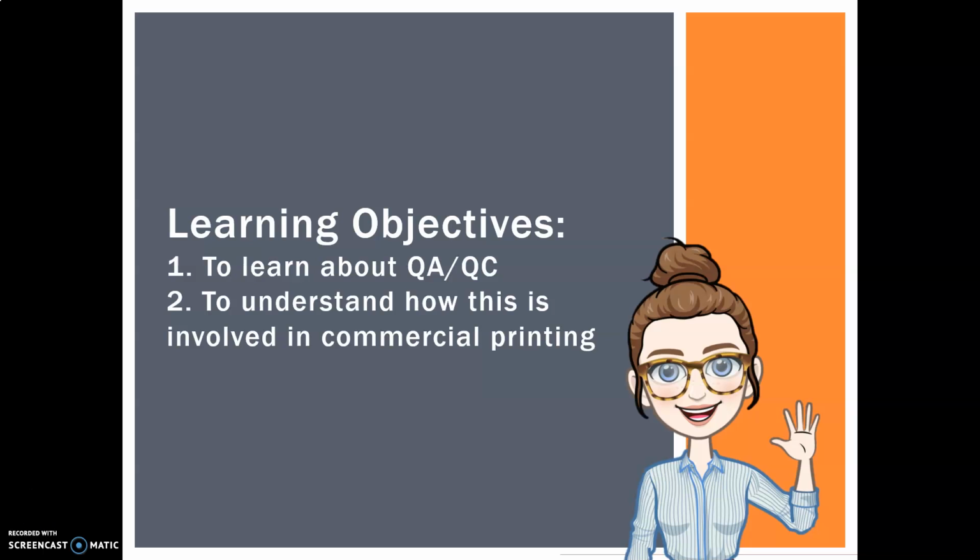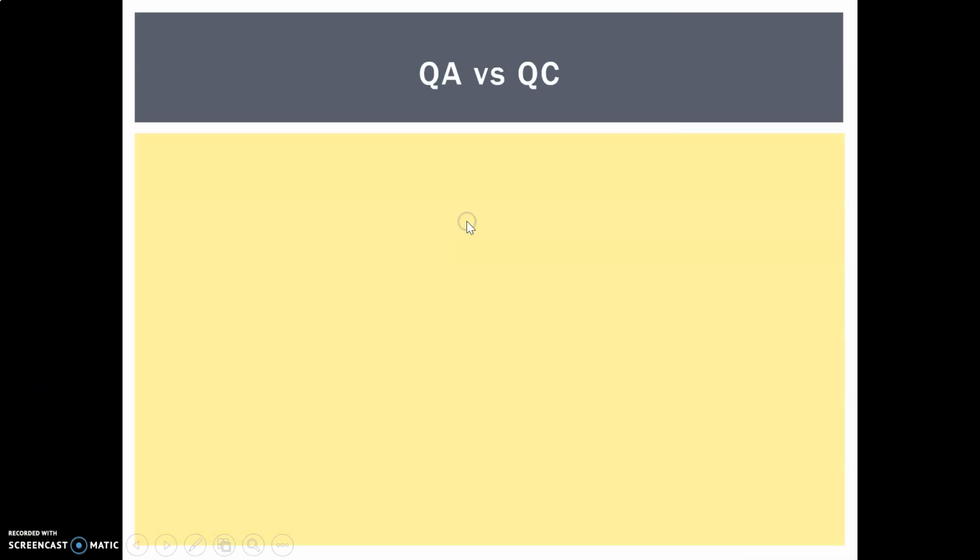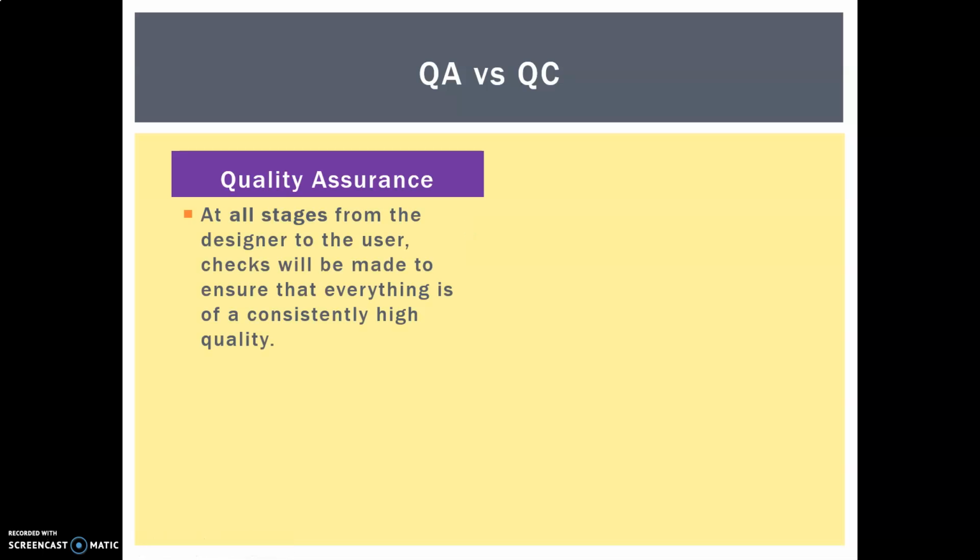Hi everyone. Today we're going to learn about QA and QC, what these mean, and understand how they're involved in commercial printing. So, what is quality assurance or QA? Well, at all stages from designer to user, checks are going to be made to ensure that everything is of consistently high quality. This is about focusing on defect prevention, stopping problems before they occur, making sure that people are